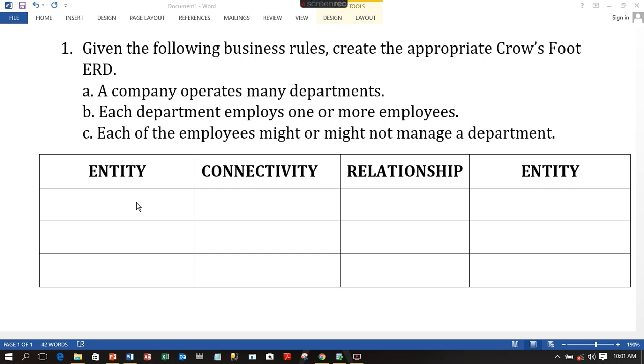So you draw a very simple table. This is a simple table that you can see here with 4 columns. Column 1, entity; column 2, connectivity; 3, relationship; the last column is an entity again. So this is just very simple. So I have the first one. Question 1A says a company operates many departments. Now this is just a simple way to fetch out your